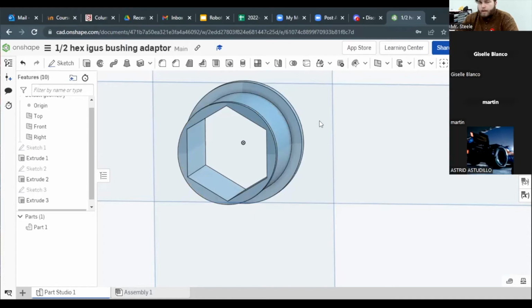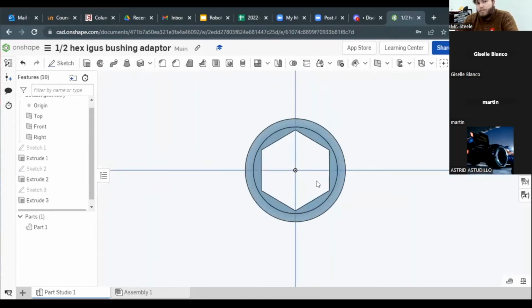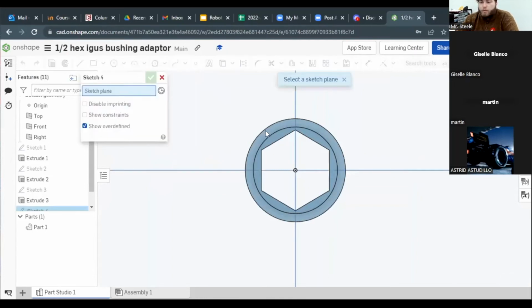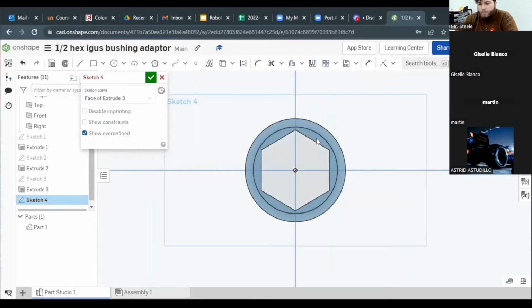And the idea is that we will then be able to sort of click things together like Lego pieces by using Extrude 4. Now, Extrude 4 is totally different, and I've not tried this in quite some time, so apologies if we don't get it right on the first try. But we're going to make something really complicated. Going into Sketch 4, we want to select the top plane again, which is the top of Sketch 3, and